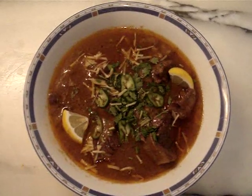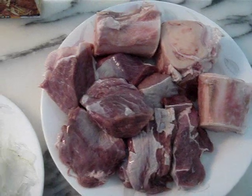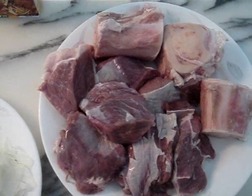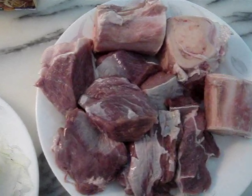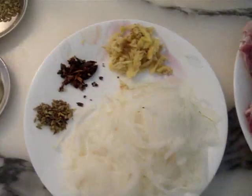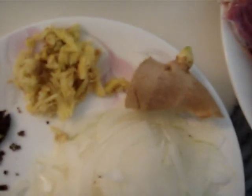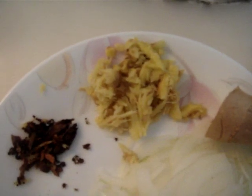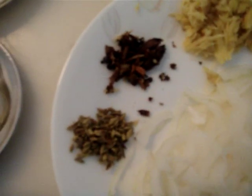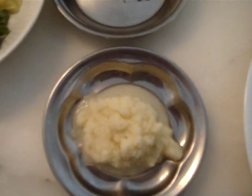Recipe for Nihari. For Nihari you will need 750 grams of beef shank, beef shin or stew pieces, along with a few bone pieces, 1 medium-sized onion finely sliced, a piece of ginger that we have roughly crushed, half a teaspoon of assorted garam masala, half a teaspoon of sauf, 1 tablespoon of ginger garlic paste,